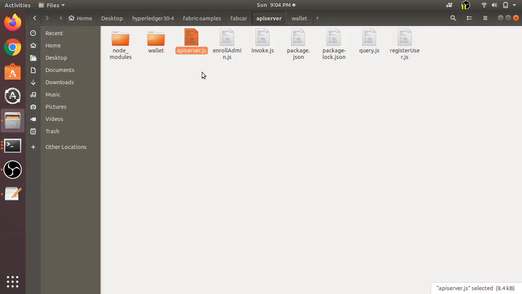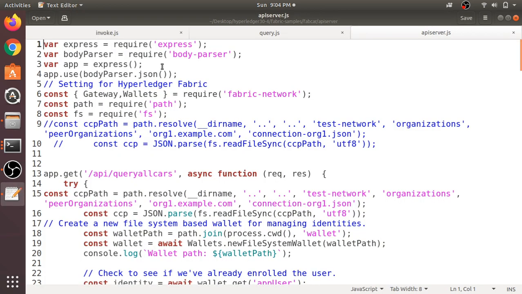You can see API server.js, which integrates both the invoke.js chaincode functions as well as the query.js chaincode functions into a single file. Let's go and examine what is here. Here we added some code that is required for Express.